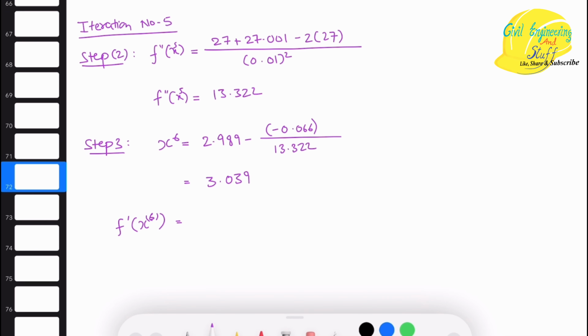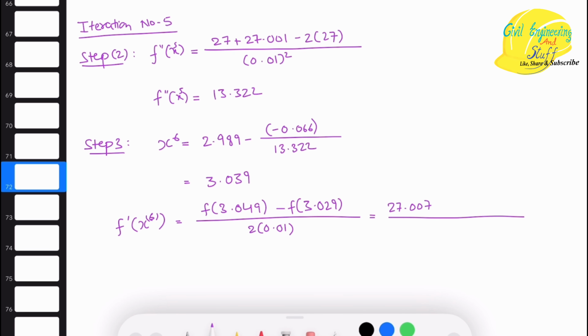All right, let's find out the first derivative of this. So the first derivative for this, f of 3.049 minus f of 3.029 divided by 2.01. Again, I am just writing directly now. I hope by iteration number 5 you have understood the steps in which we have to do the Newton-Raphson method. Still, if you have any doubt as to how any of the values came, you can always ask, right? And do the question as we move along. See if I am also doing it right or not.